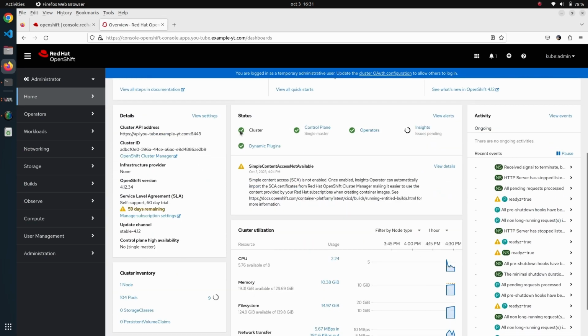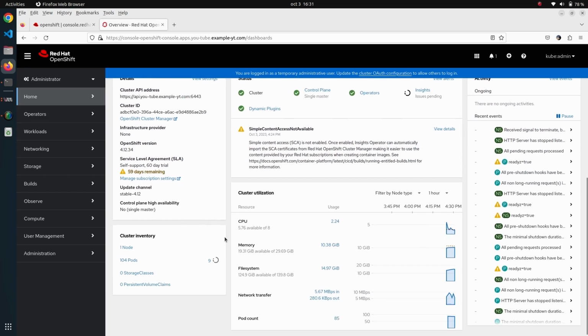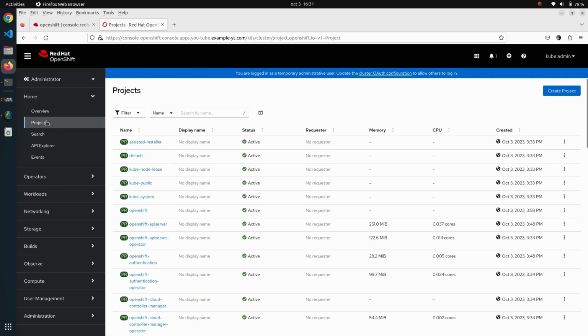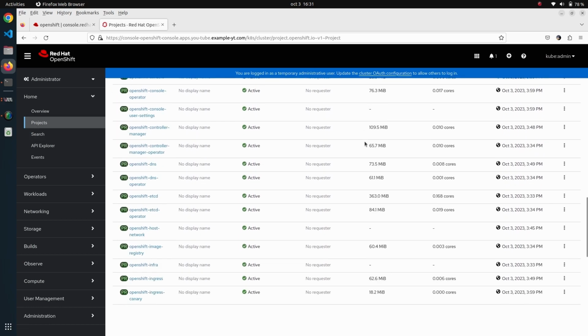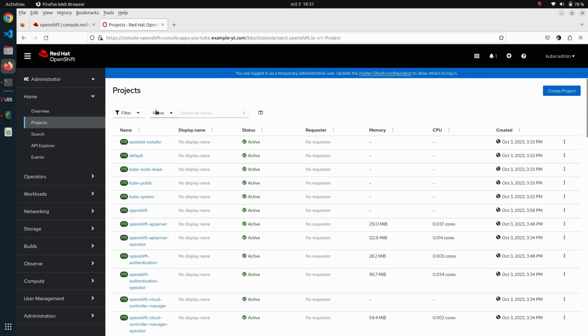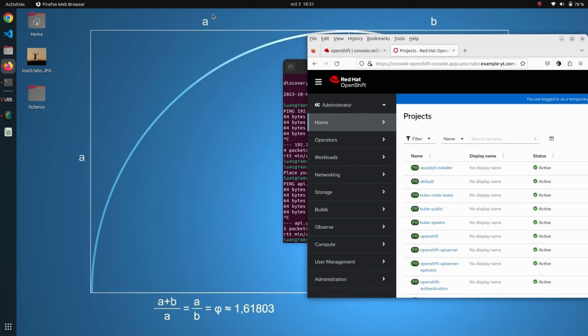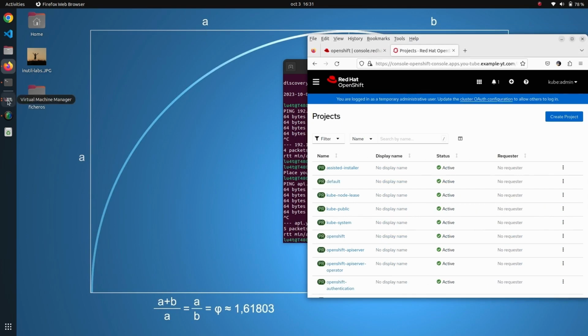So as you can see, it is one single master node. You can see all the Prometheus data. You will see all the projects that are available. As you can see, there are a bunch of them, and you can navigate